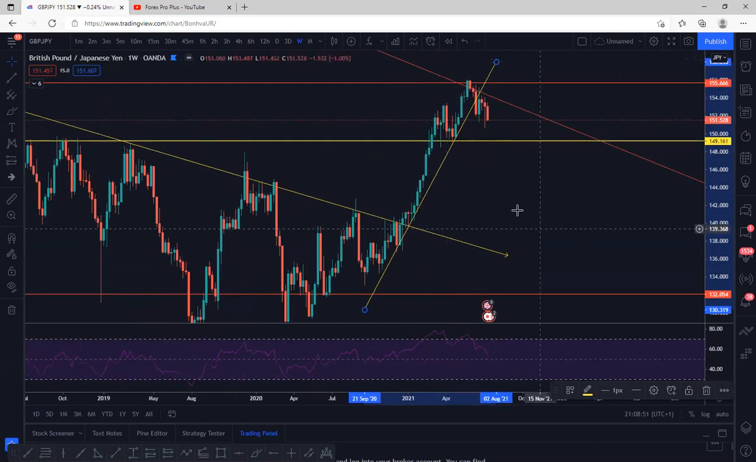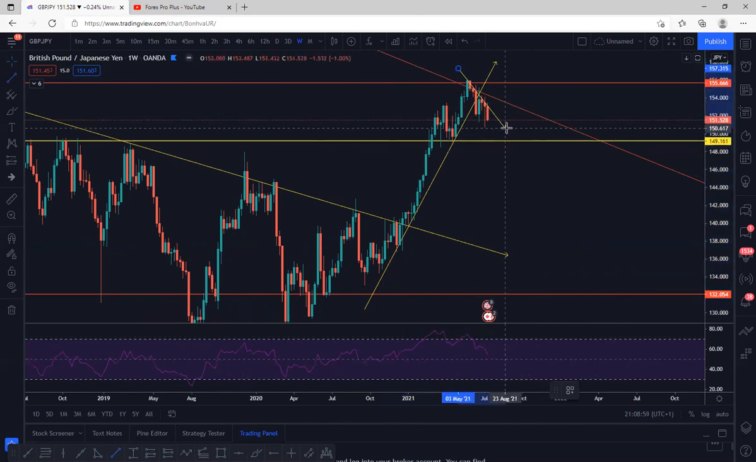As you can see, there is another trend line that can be made here, which is clearly showing the pressure to the downside. So the prices can easily come down to this level, which is around the 149 area. At the moment the price is 151.38, but it can easily come to 149,